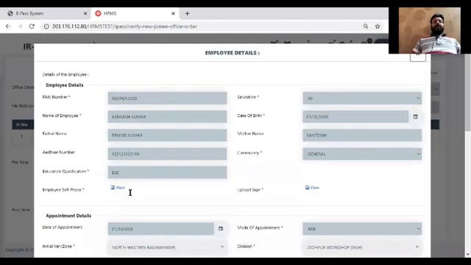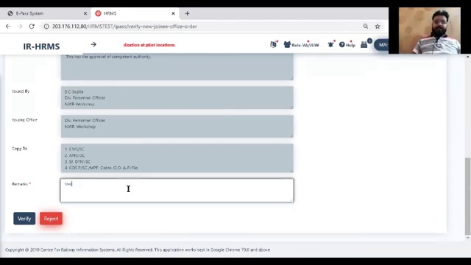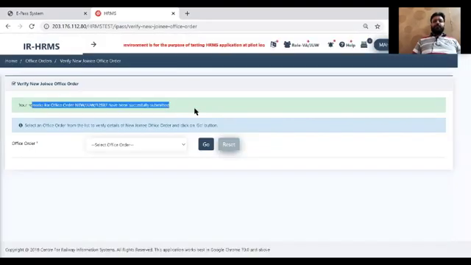Now the verification authority again has two options. It is exactly like employee master. The flow is exactly similar to employee master, where DC, VA, and AA have three types of roles. So I can either verify this information or I can return it to the dealing clerk if I need some modification in that. I'm just verifying this information, and to verify it, I need to enter a transaction OTP. And this is done. With my transaction OTP, this information is now forwarded to my level 3 officer, that is the accepting authority.